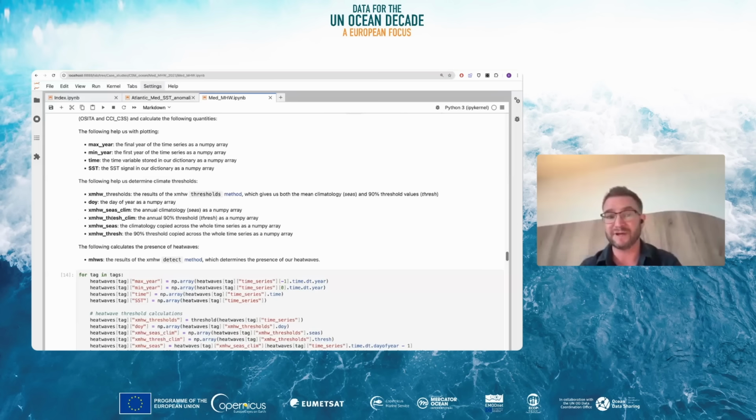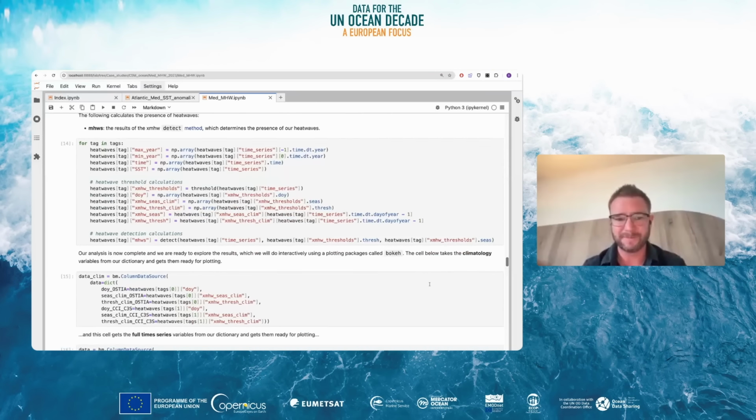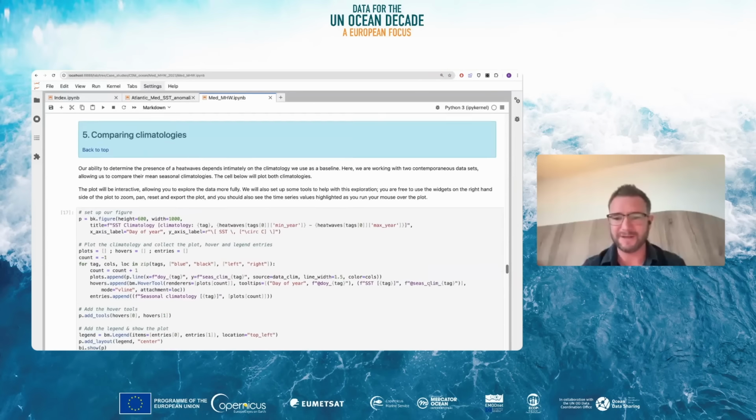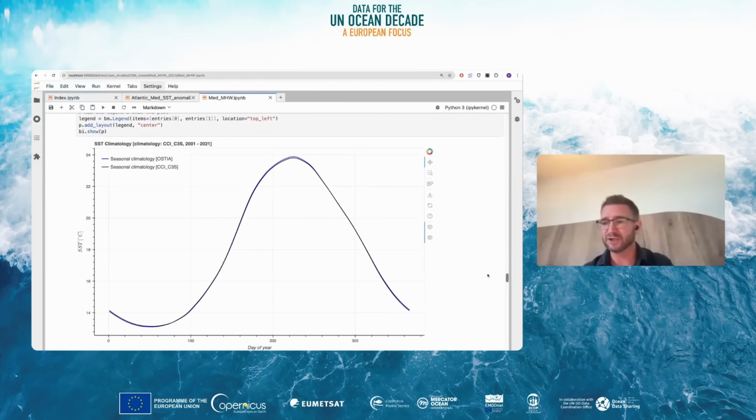It's then going to apply a threshold to that, and it's going to look for times when the sea surface temperature data itself moves through that climatology or that threshold for a significant amount of time, and therefore defines a heat wave. So all of these parts of the notebook do this analysis for you. And once you've reached the bottom here, we get to our final crux of everything, where we can start to look at the two data sets we've got and what they actually mean for us.